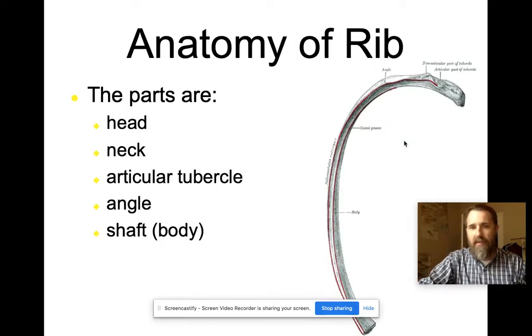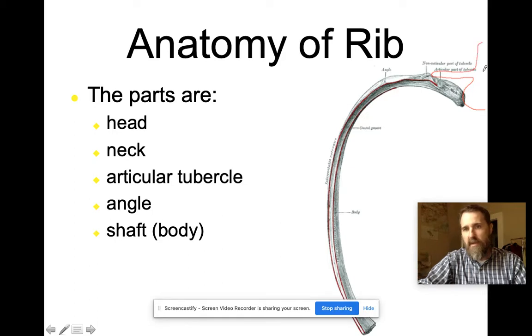Looking at the anatomy of a rib, let me pencil in here real quick where the vertebrae would be, where it would be attaching to the vertebrae. So there's sort of your vertebrae. And you can see that the rib attaches to the corpus of the thoracic vertebrae at a place we call the head of the